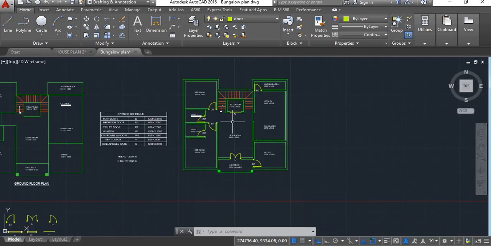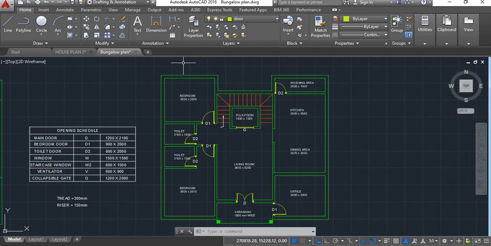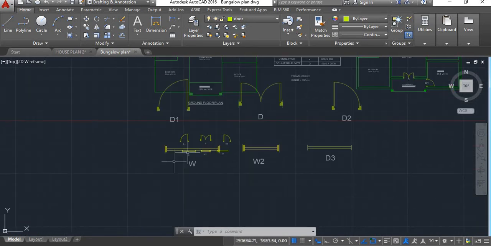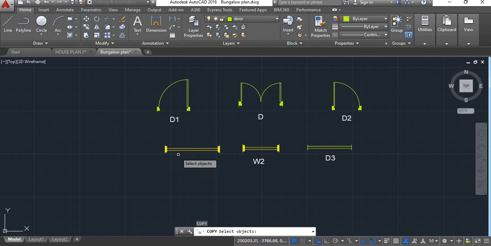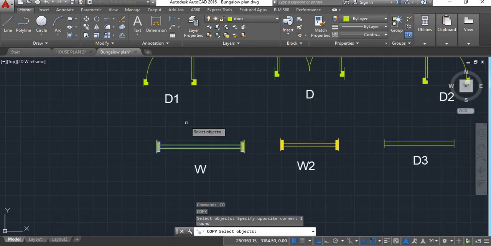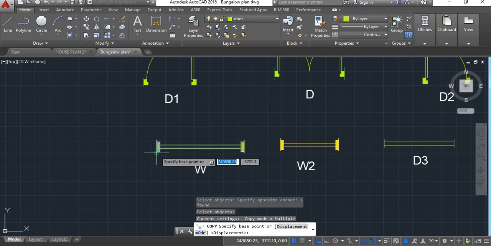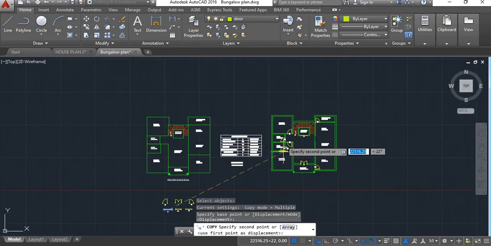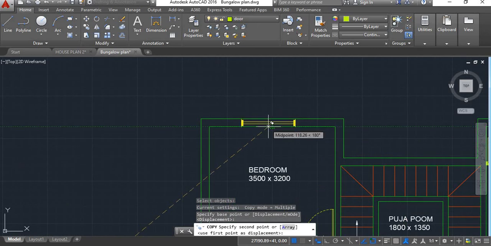So we have placed these doors and done with the naming. Next we'll provide the windows for these rooms. So we'll copy this window. We'll take this first. Now here I'll take this midpoint as a reference point. And we'll copy it here.